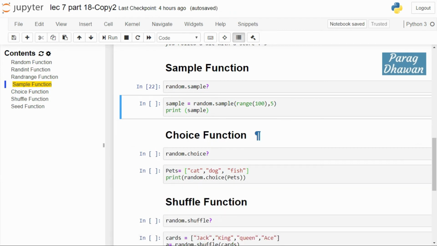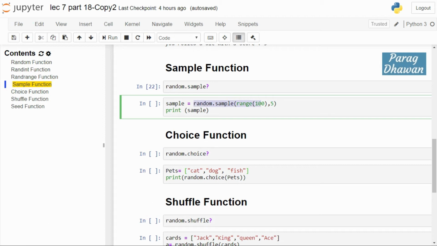We understand this by example. You have the random.sample function. The first parameter is the population, which is a range function having one value, 100, which means it will generate values from 0 to 99 with a step size of 1, meaning 0, 1, 2, 3, and so on till 99. And how many values have to be selected? 5 values are to be selected.